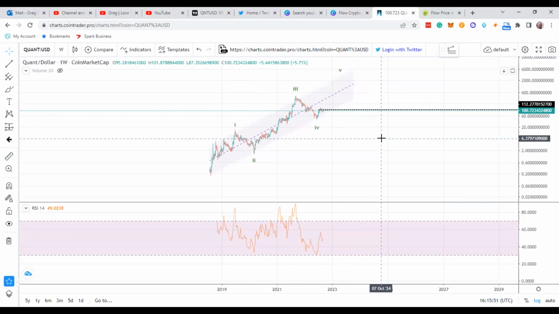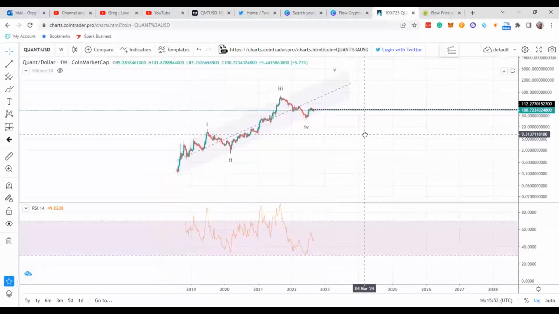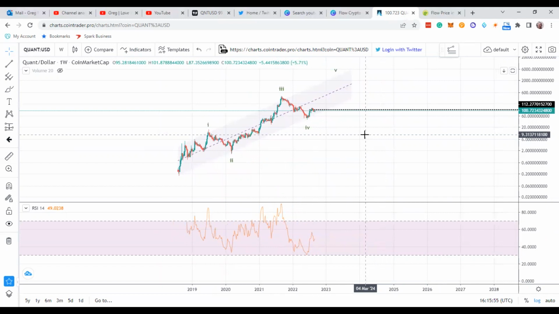If you go back, look at the history of coming out of the 2018 bear market with Bitcoin, the coins that were out of the gate before Bitcoin were Quant, Ethereum, and Binance. Just an FYI, Binance went up 300% before Bitcoin. It's more or less 300% before Bitcoin thought about getting his act together coming out of the last bear market.